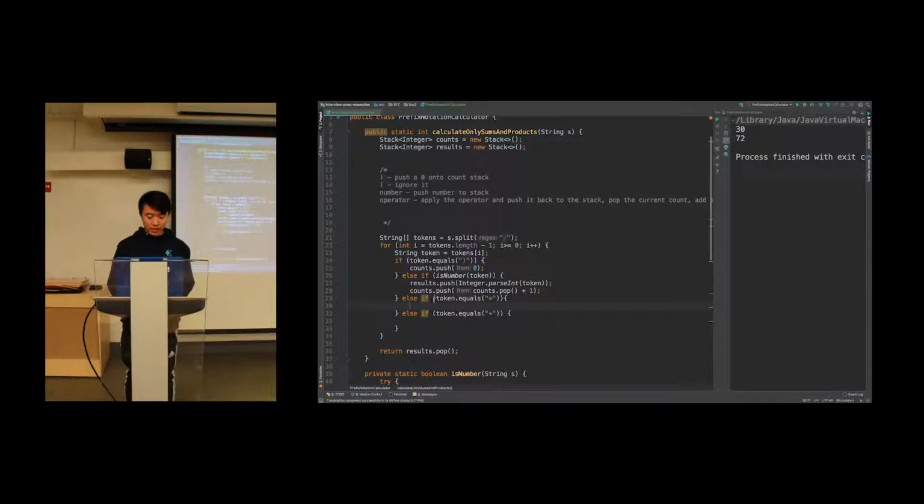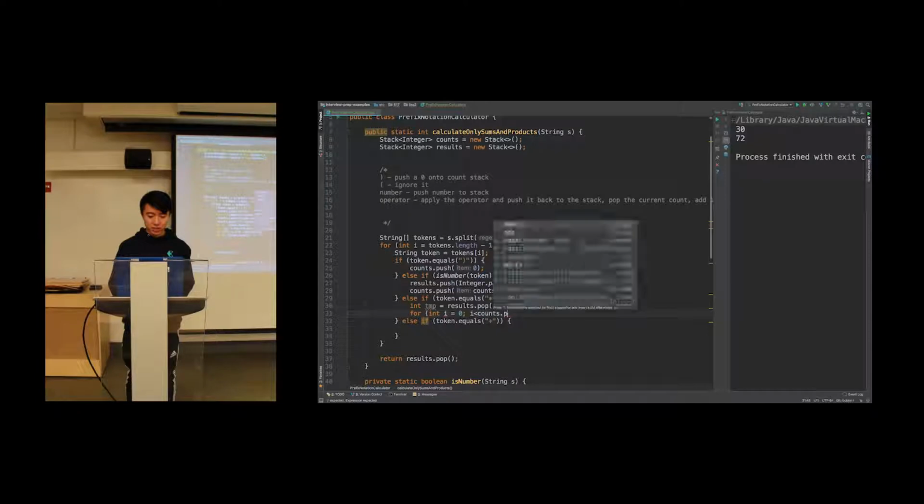So if this token is equal to that, then we say that the first result, we're just going to call it temp because I'm not feeling super creative today, is results.pop, and then we're going to say for int i = 0; i < counts.pop(); i++